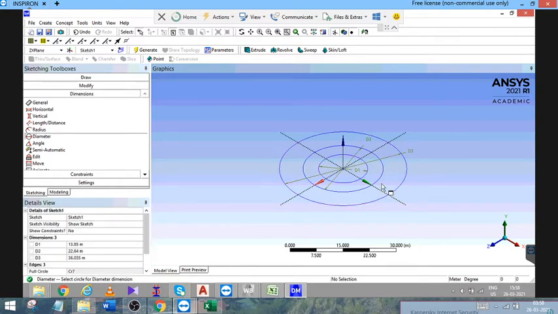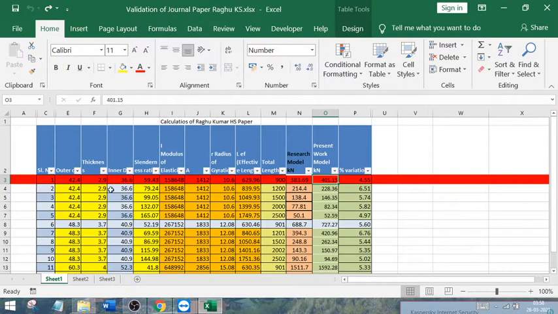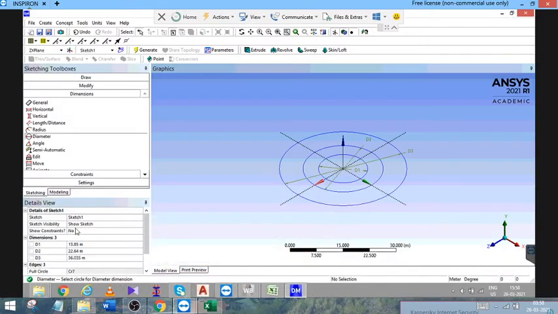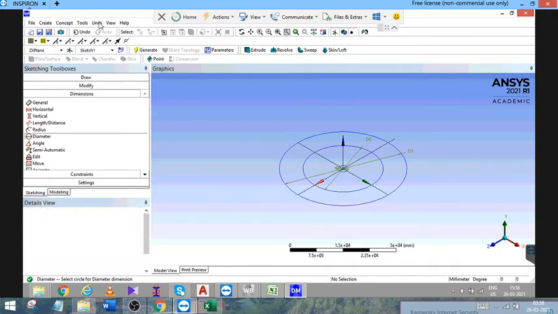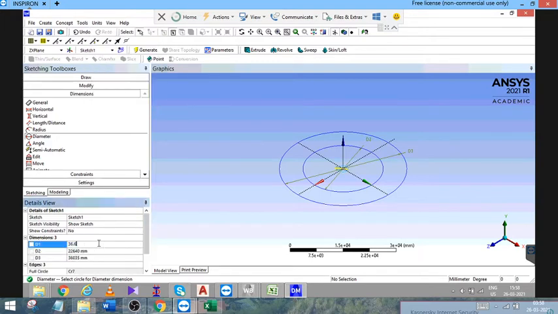D1 represents the diameter of the concrete core, so the inner diameter is 36.6. Please note the units which you have selected; if it is in millimeter, you will be writing 36.6 mm. D2 represents the diameter of the steel tube, whose inner diameter is 36.6, and 42.4 is the outer diameter.